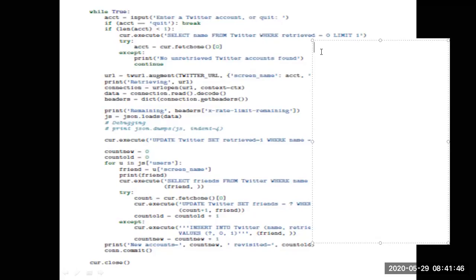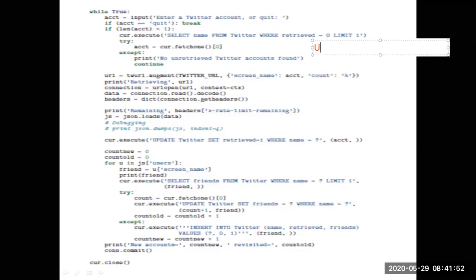See, the first thing that we do here is user prompts. We're going to prompt the user to give a user account name. So you'll be getting the user account name.